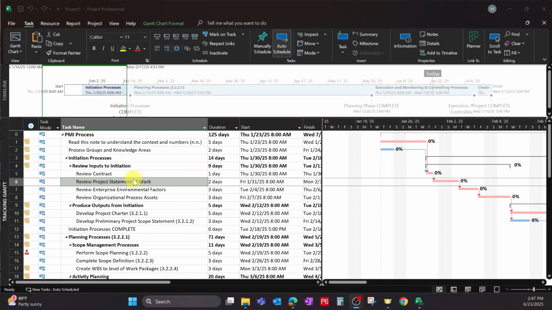Today we're going to do a deep dive into printing in Microsoft Project. Come follow along and let me show you how it's done. All right, so printing in Microsoft Project, it's a little bit of a back and forth game, but we'll get